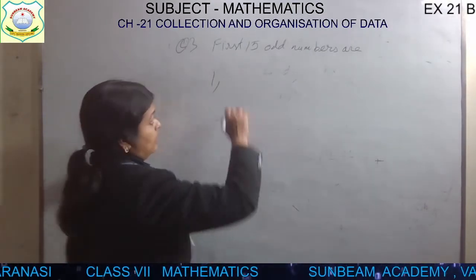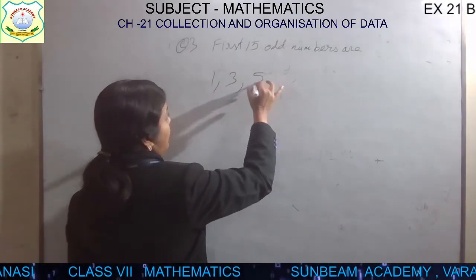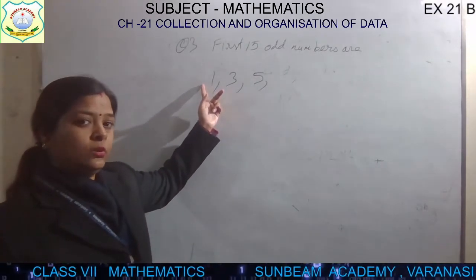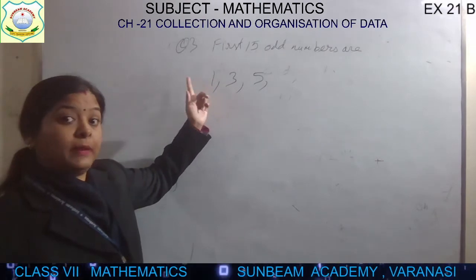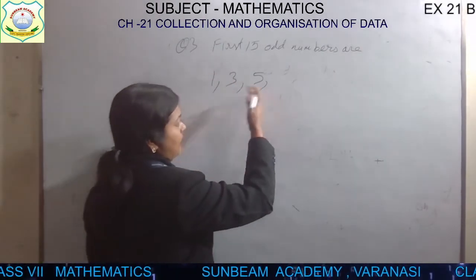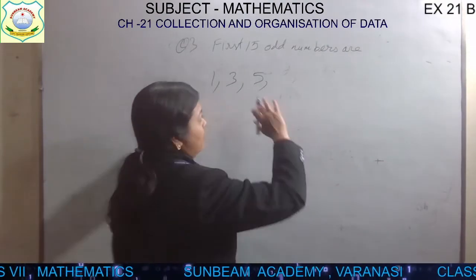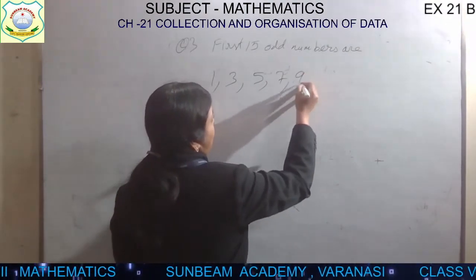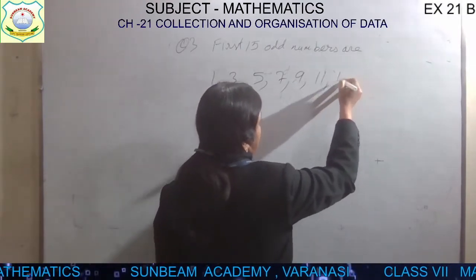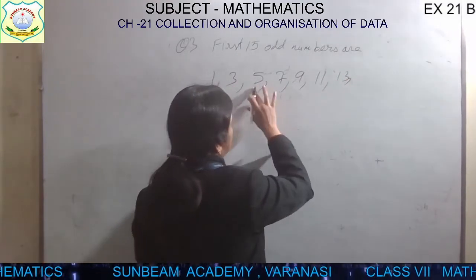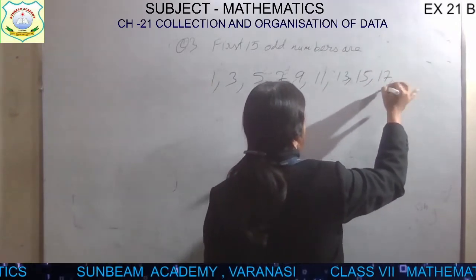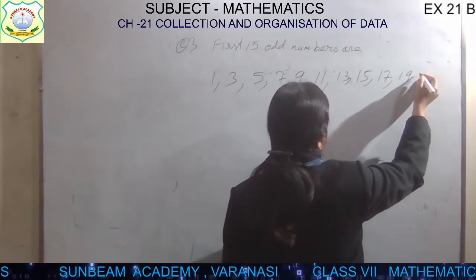No. Then 3, then 5. Starting से लिखना है ना, not any 15 odd numbers. कोई भी odd number नहीं लिखना है आपको, पहले से first 15. So 1, 3, 5, 7, 9, 11, 13, 15, 17, 19,